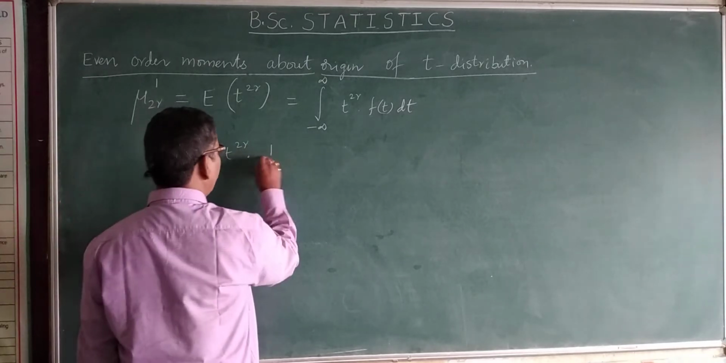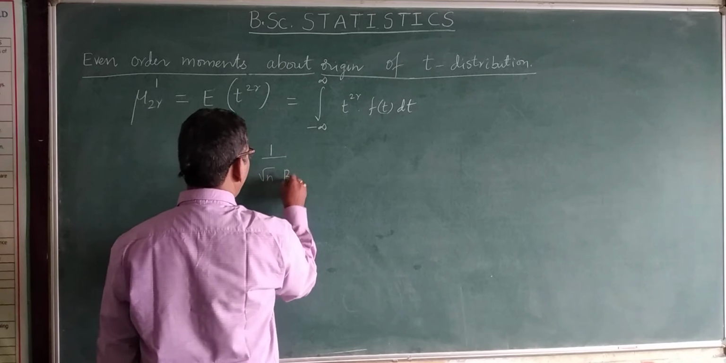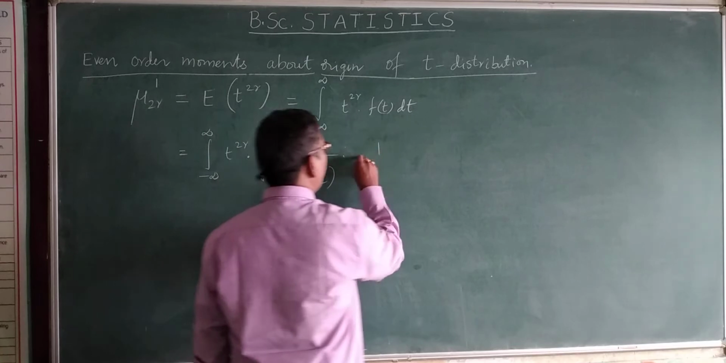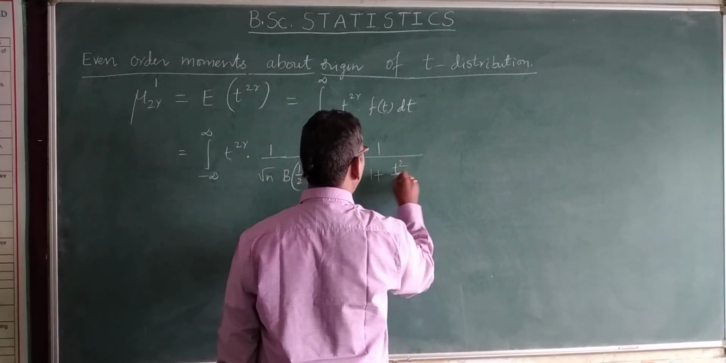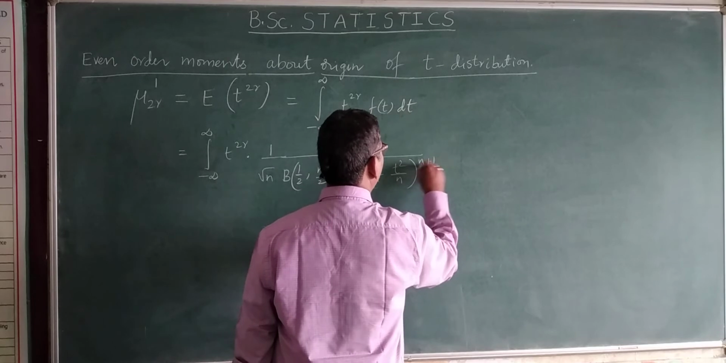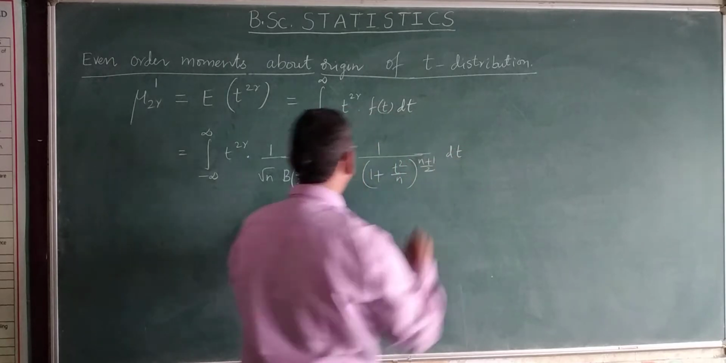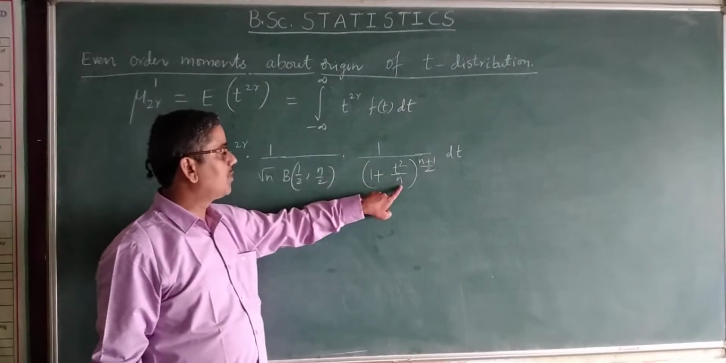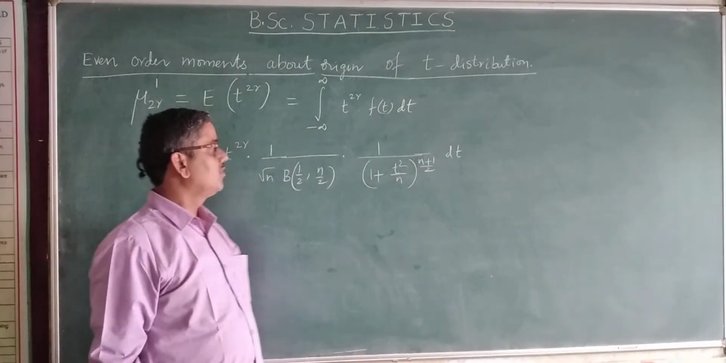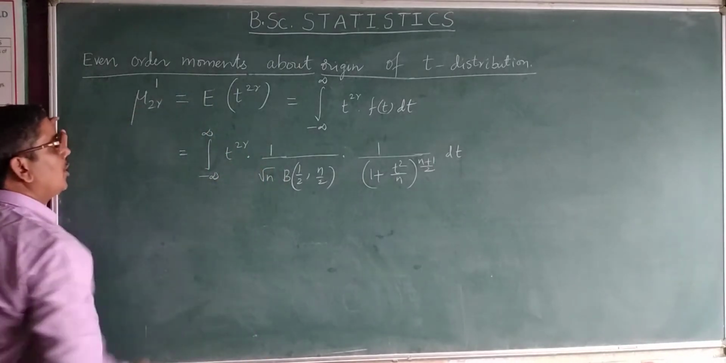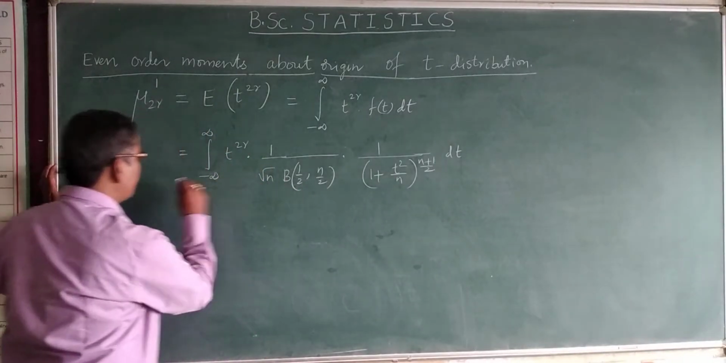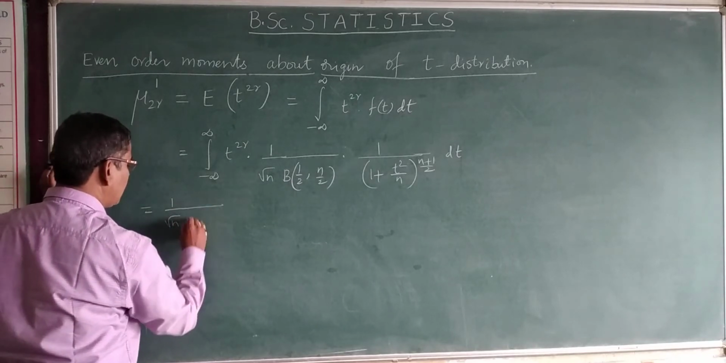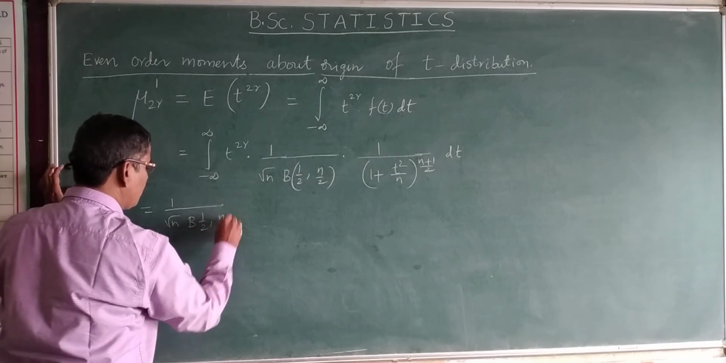What is f of t? It is 1 by root n beta of 1 by 2, n by 2, times 1 by 1 plus t square by n, the whole power n plus 1 by 2, dt. This is the PDF, probability density function. Right? Here these two are constants, so I am taking them outside. It is equivalent to 1 by root n beta of 1 by 2, n by 2,